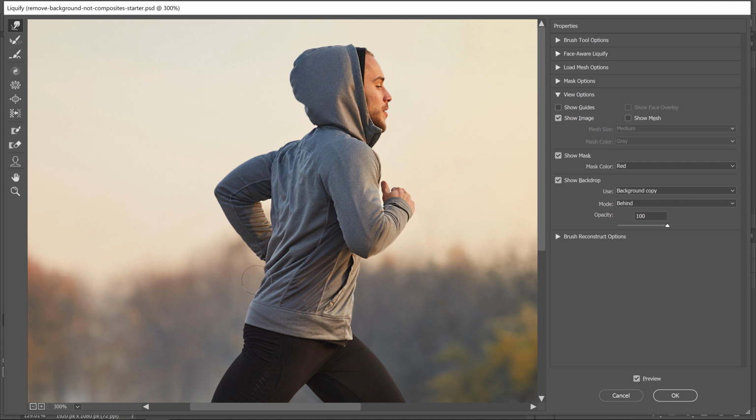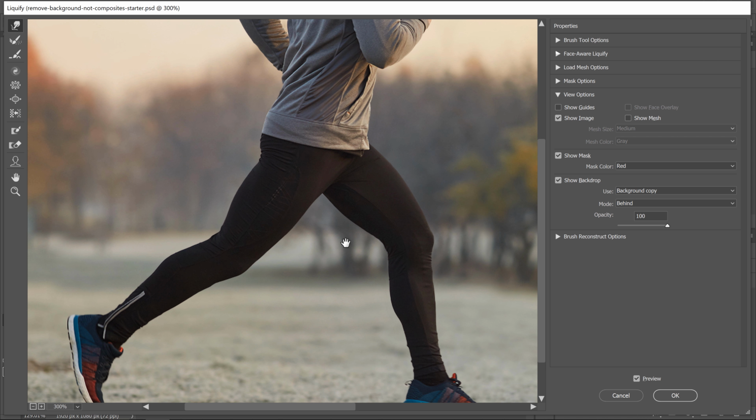So again, in something like this, you might just want to shape his body just to make him a little more athletic. Maybe reduce some of the wrinkles out of his pants. If this were a high-end athletic advertisement, you would want to make the athletic wear as perfect as possible. And this will be a technique that you would use for that.